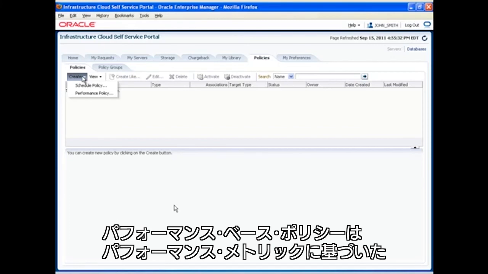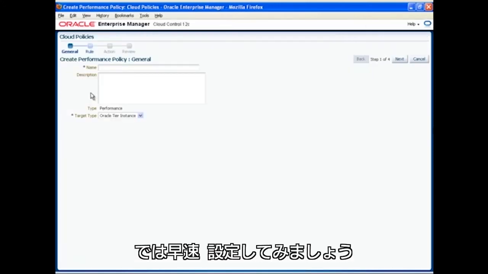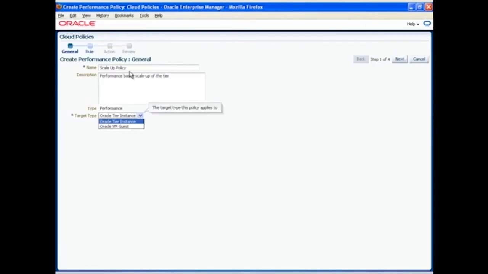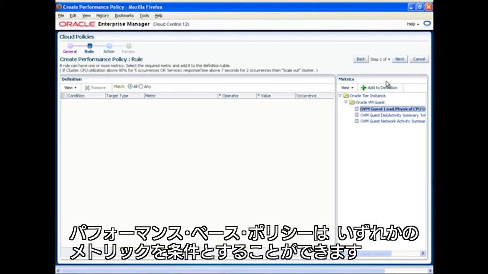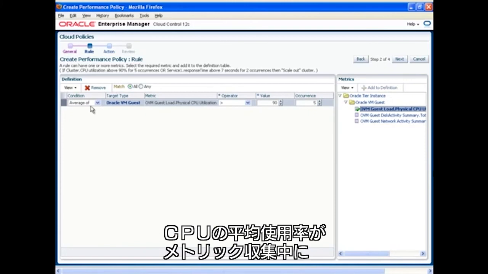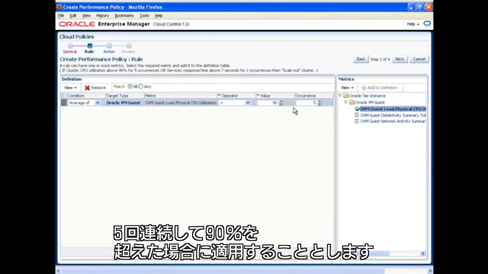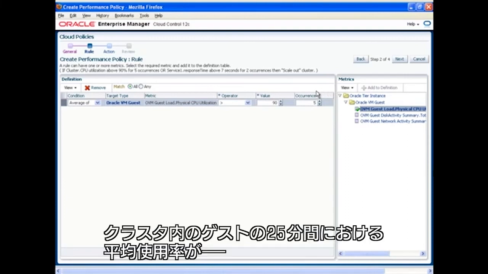Performance-based policies could be workload management policies which take into account performance metrics. Let's go ahead and define a performance-based policy. Here is a scale-up policy that's going to act on a specific tier within an assembly. The policy can use any of the metrics as condition. So here we're going to use the CPU metric, and what this policy says is if average CPU utilization is greater than 90% for 5 occurrences of the metric collection, let's say a collection happens every 5 minutes, then for 25 minutes, if the CPU utilization of a guest